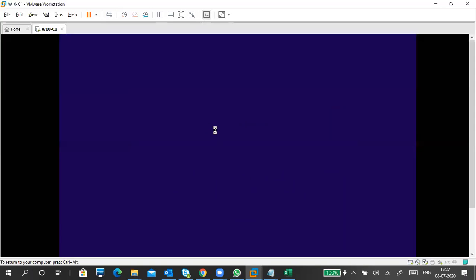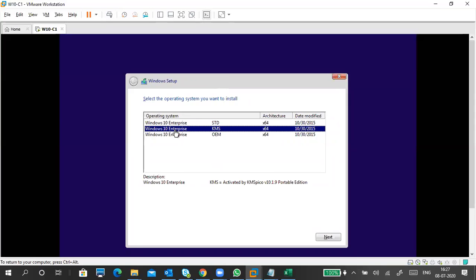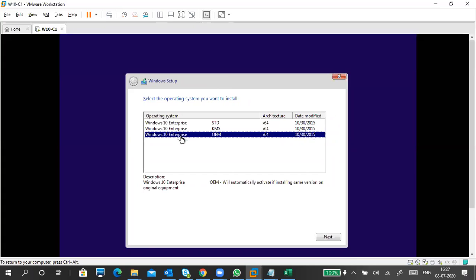How much time? Maybe it will install only today. Okay, this I downloaded separately. So this is STD, KMS, OEM. If you are using an OEM type of package, the original package that came with the system, then you can select it.